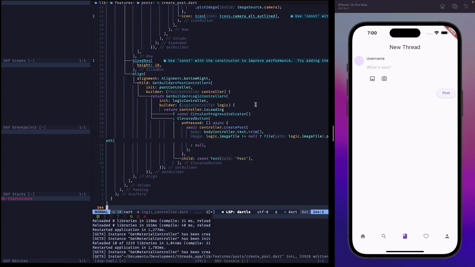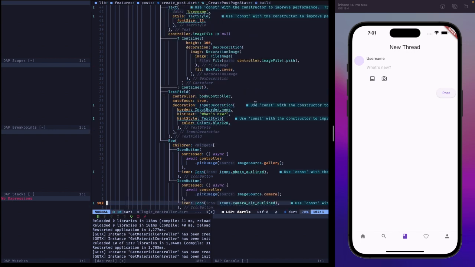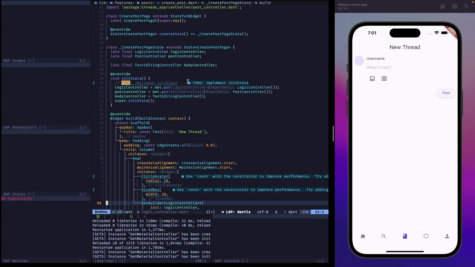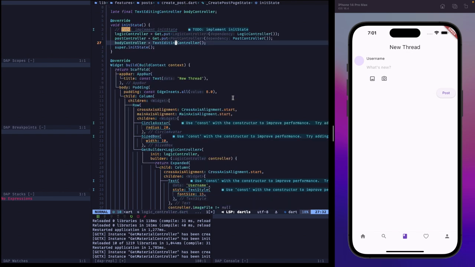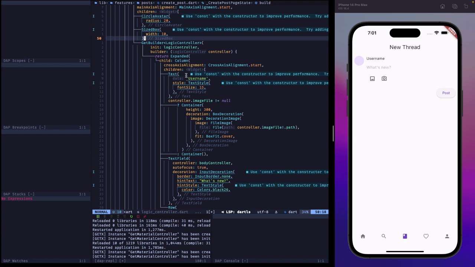Okay, so that one allows you to just pick an image from your gallery. And how we're able to achieve that is we should look at the top here. We have our post controller here. We have our logic controller here. And we have both of them right in this place. Remember, we have our body controller, which is a text editor controller. Now, for this image picking, we are wrapping it with a get builder, logic controller, expanded